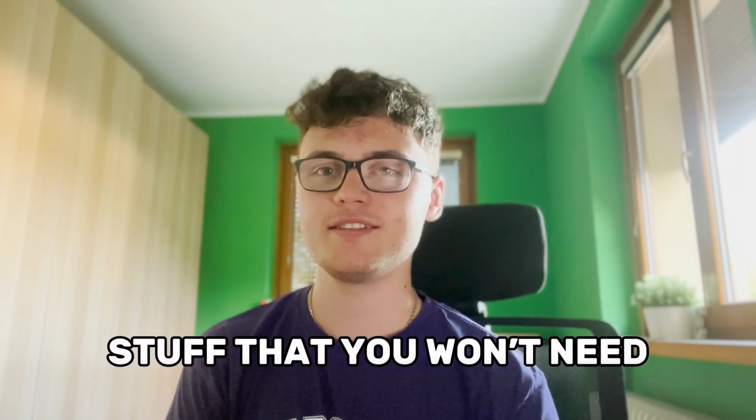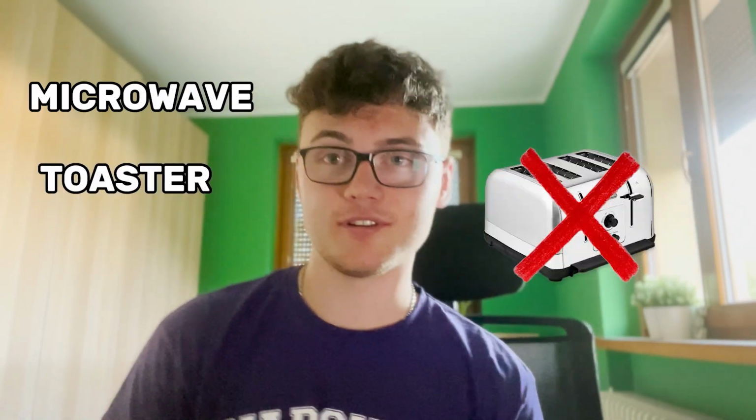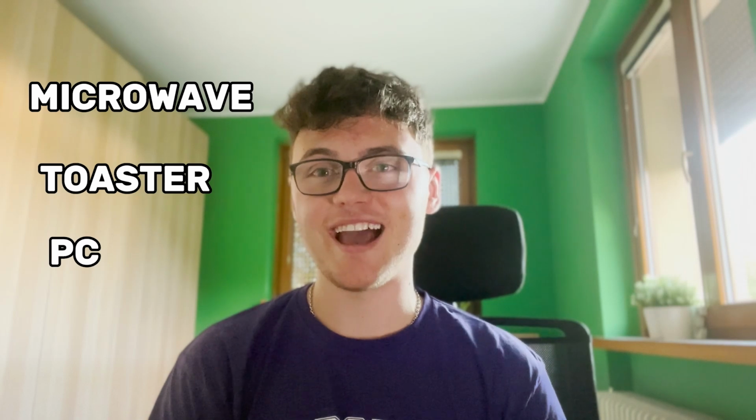What not to pack? The first thing I want to talk about is too many clothes. I know from my experience that I brought a lot more stuff than I needed, and some of it I didn't even use or wear. So definitely don't overpack, just pack the necessary stuff. The other thing is, don't bring stuff that you won't need during the first few days. So don't bring large quantities of unnecessary toiletries, a microwave, toaster, PC, stuff like that. It's only going to take up space in the suitcase and you won't use it,